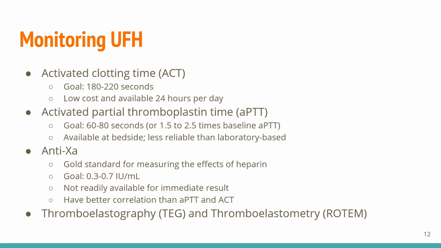Next is anti-10A, which measures the ability of heparin catalyzing antithrombin inhibition of factor 10A. It is a gold standard measurement, and our goal, we want to aim between 0.3 to 0.7 international unit per ml. Even though it's not readily available for an immediate result, it has much better correlation than APTT and ACT. And this is because anti-10A assay is not influenced by coagulopathy,